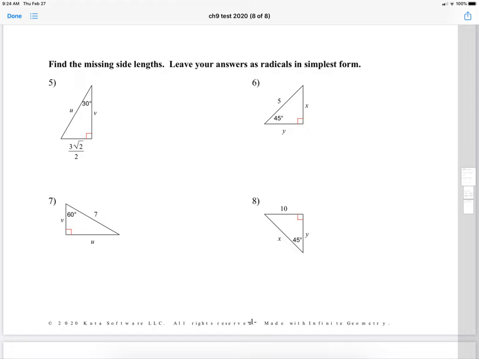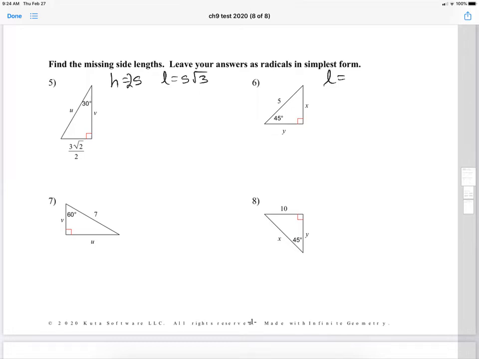Number 5. These are 30, 60, 90 triangles. So your hypotenuse is equal to twice the short leg, and the long leg is equal to the short leg times the square root of 3. On a 45, 45, 90-degree triangle, number 6, your formula is